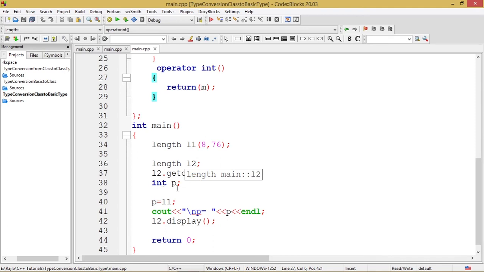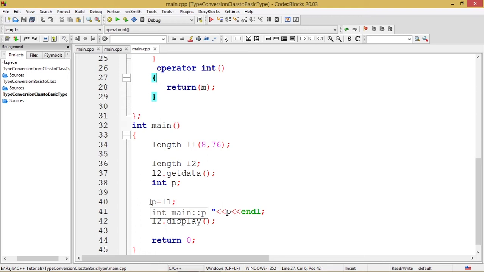Then comes a line where we have declared an integer variable p, and in the next line p is assigned the value of L1. And this is the most important part of this program, which focuses the main idea of the entire example and this video.